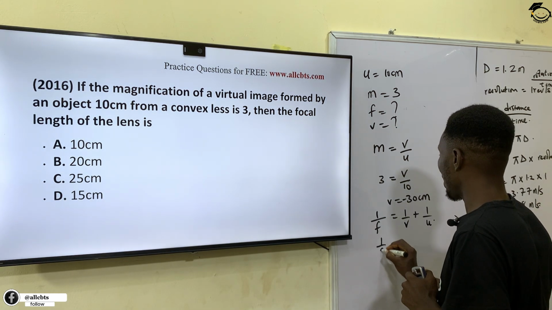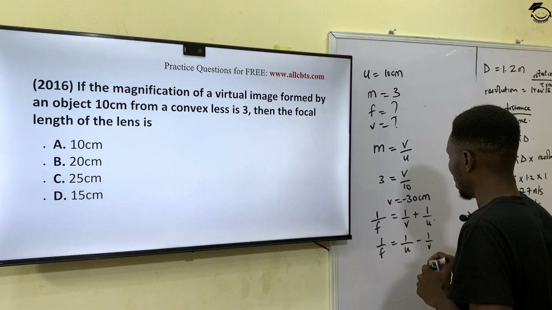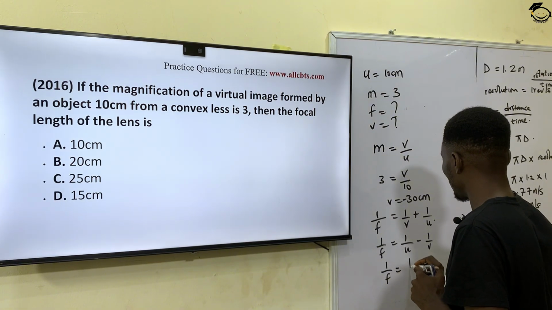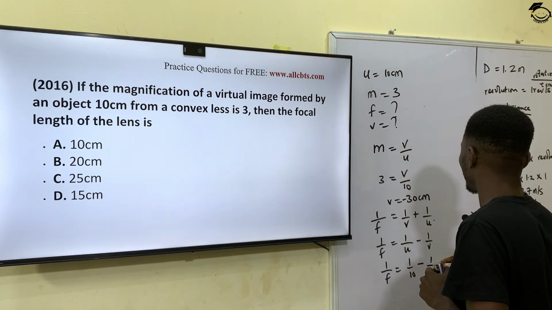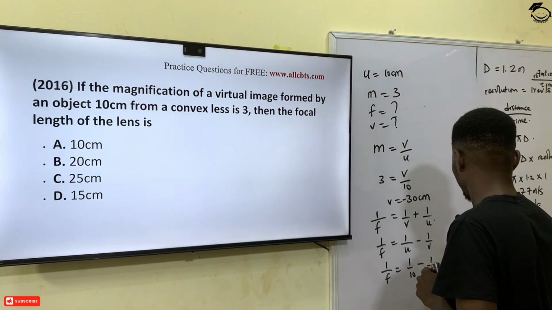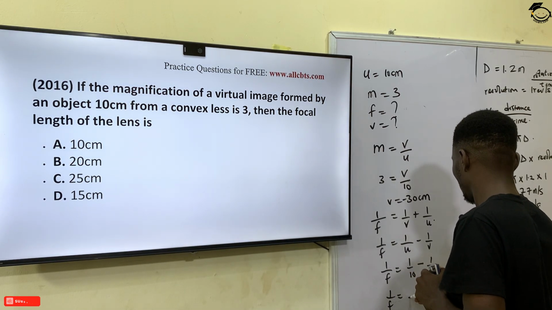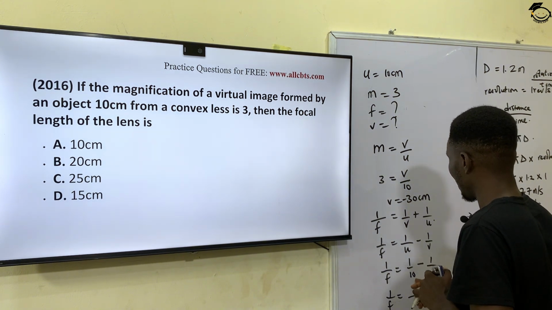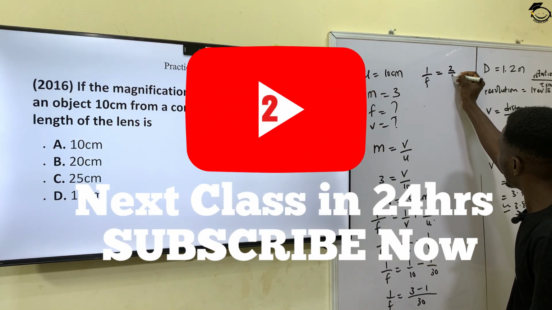So this is the same as saying 1 over f is equal to 1 over u minus 1 over v. So this will mean that my 1 over f is equal to 1 over 10 minus 1 over minus 30. Okay, 30, because I already put the minus here. So 1 over f is equal to, my LCM here is 30. 30 divided by this, I'll get 3, and 30 divided by this, I'll get 1, so I have 3 minus 1. So this means that my 1 over focal length is equal to 2 over 30,